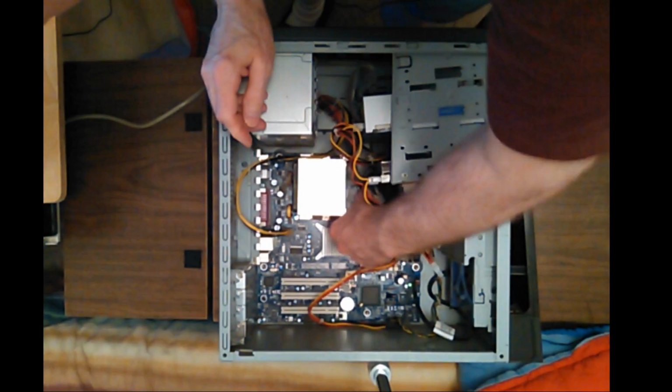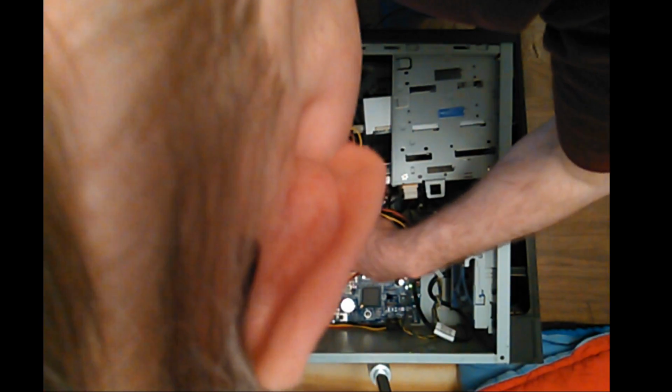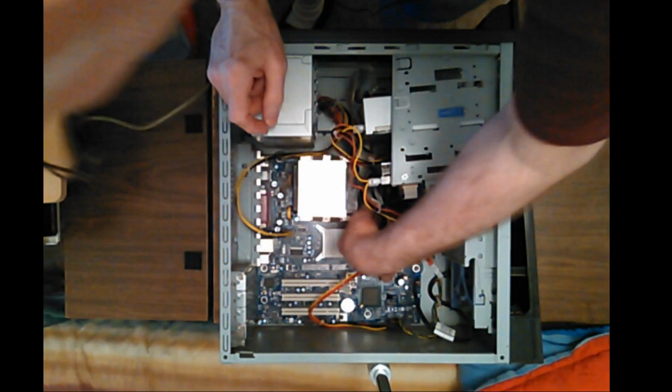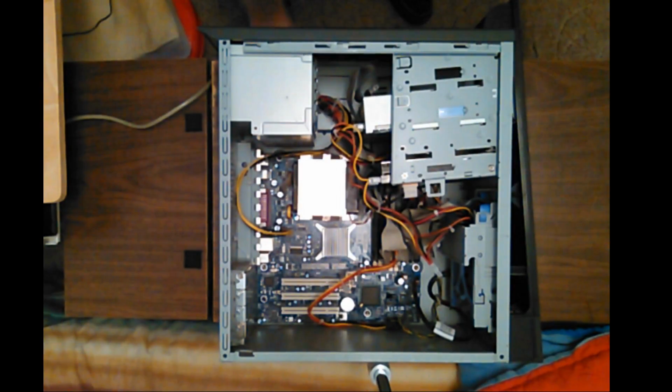So there's screws that you unscrew to take this off. And I'm going to end up having to do that anyway, so I'm going to unscrew it. And then everything's really tight right in there. And then I can get to the,